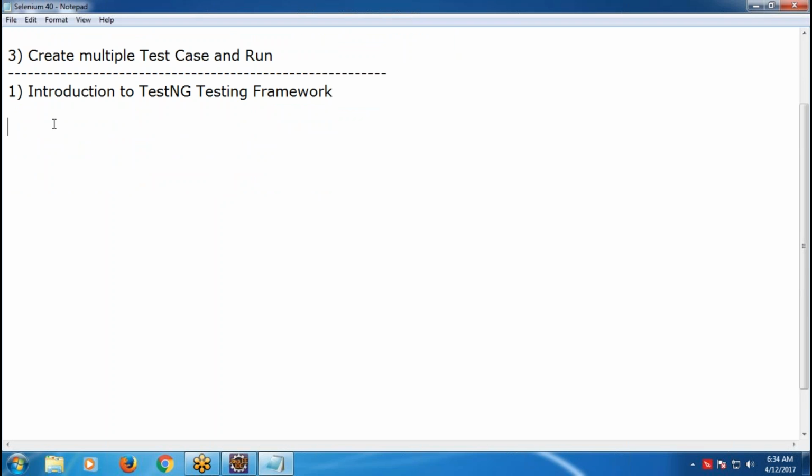Okay. Come, Jyoti. First topic in this chapter, Introduction to TestNG Testing Framework. Say in Selenium using Java. Why I am saying using Java? This framework selection, testing framework selection depends on programming platform. For example, general idea. For example, if we use Java for writing test scripts,